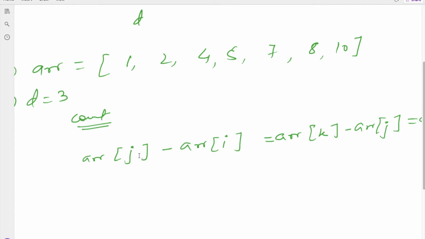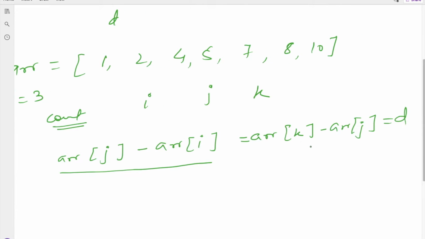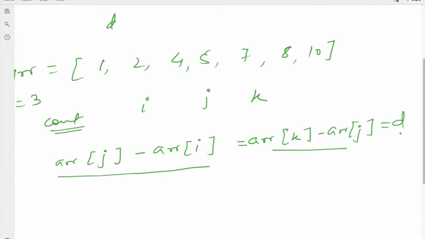Here array of i, array of j and array of k means we are selecting 3 elements whose indices are denoted by i, j and k. Then they should satisfy this condition: array of j minus array of i equals array of k minus array of j, and that value equals d.